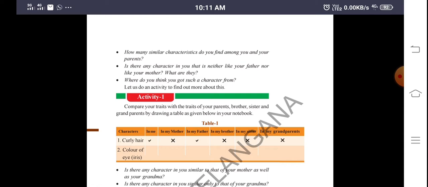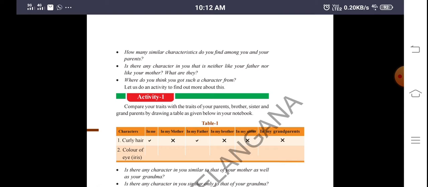When we compare with our parents, the color and shape of hair and the shape of the facial appearance, there will be variations, there will be changes. The changes you see while comparing your parents and you are called variations. For example, your father is tall, your mother is short, but you will be medium. So these characteristics are somewhat different from your parents. This is the variation.